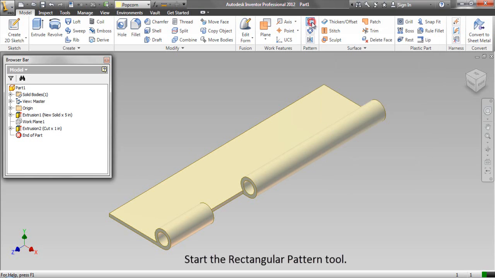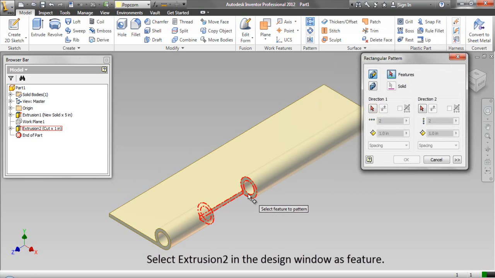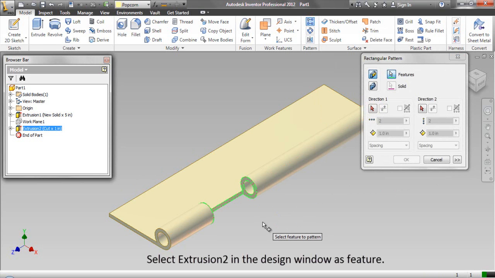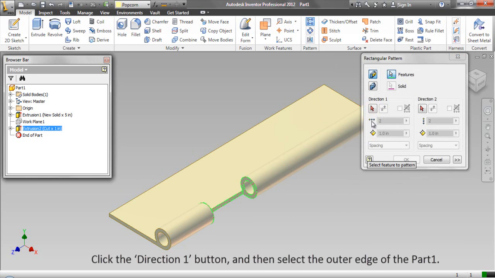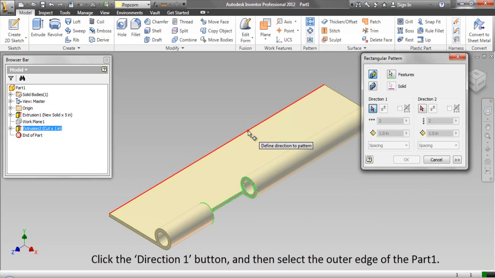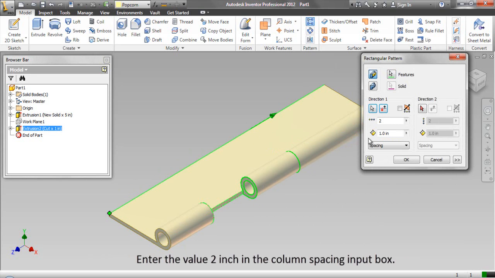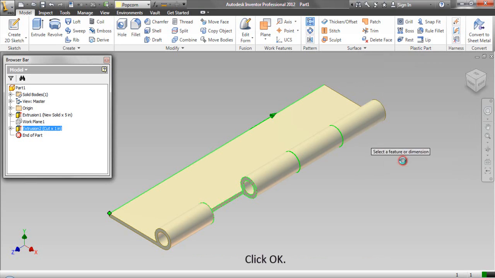Start the rectangular pattern tool. Select extrusion 2 in the design window as the feature. Click the direction 1 button and select the outer edge of part 1. Enter the value 2 inch in the column spacing input box. Click OK.